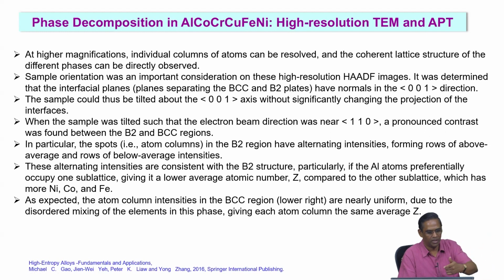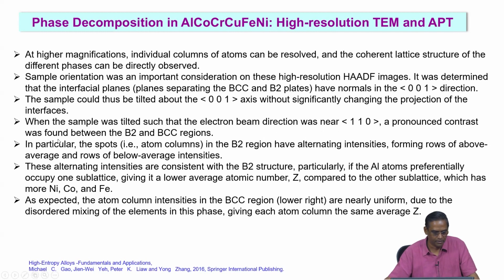For example, we are saying that the interface between this BCC and B2 has normals in the 1, 0, 0 direction. So, if you want to look at that interface more clearly, you have to orient that region to this orientation. That tilting facility is available in TEM. You can tilt them,